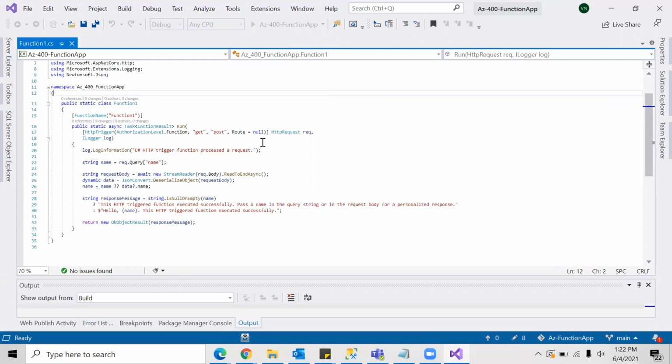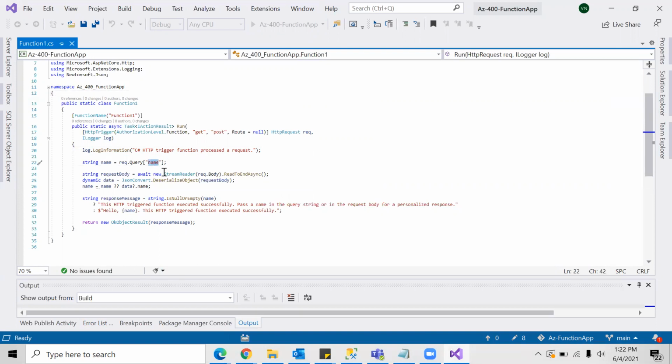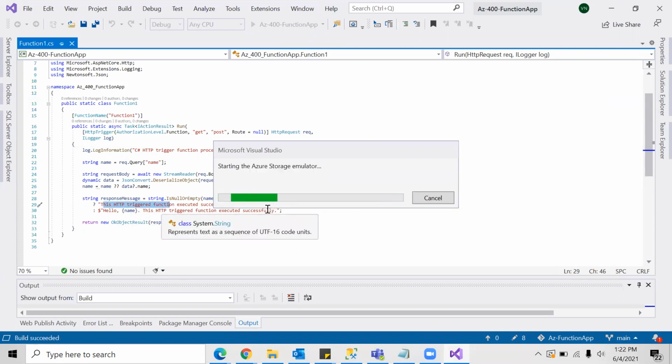Basically it will look for the query parameter name, and if we pass this either in the body or in the query parameter, it will take that and display a message saying hello, the name whatever we provided, and the trigger has been triggered.